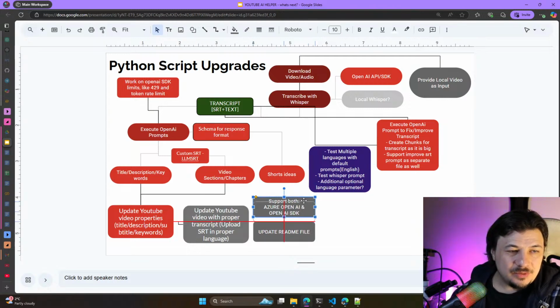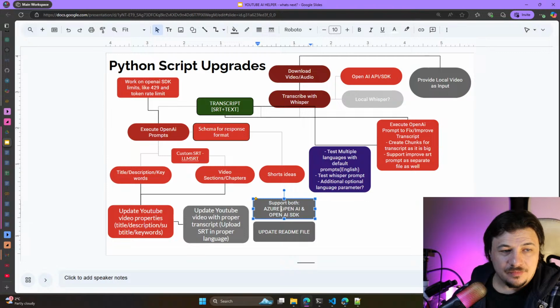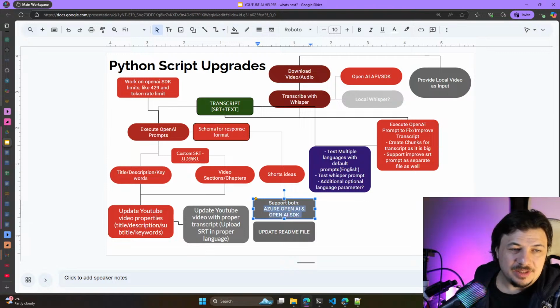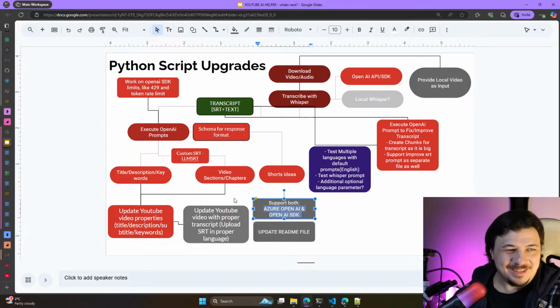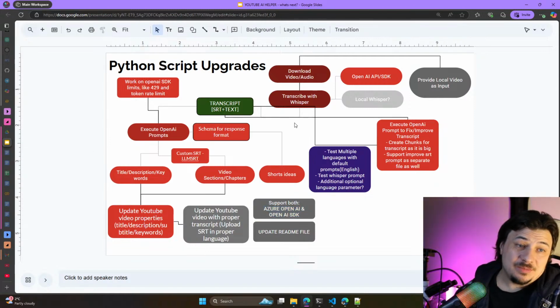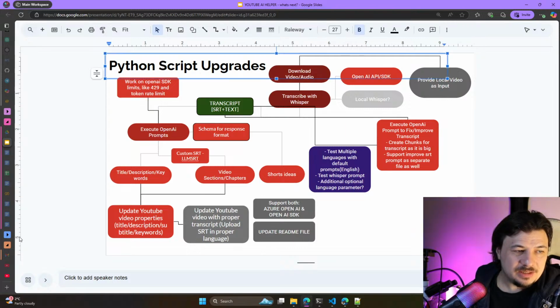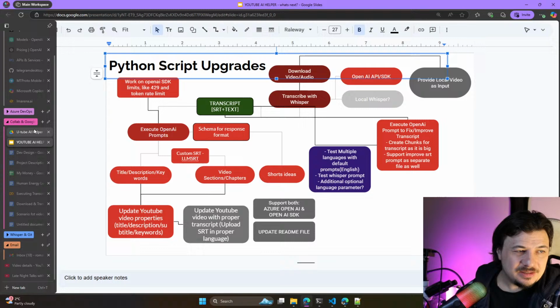And the few things left would be to update the YouTube video with a proper transcript, and to use Azure OpenAI instead of the OpenAI SDK, which could be used. Then we will work on other things, and other things include,